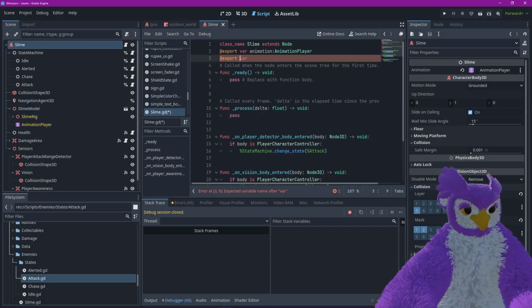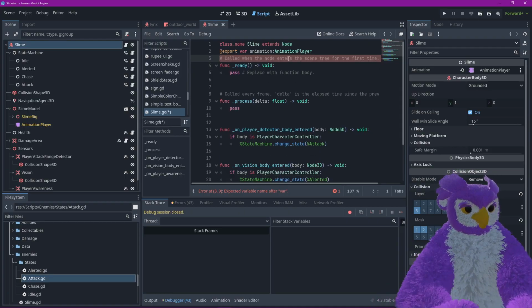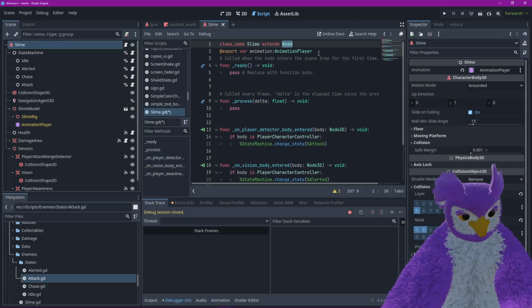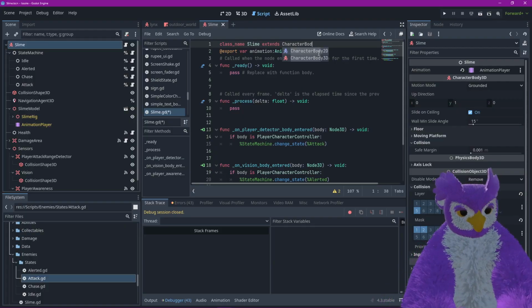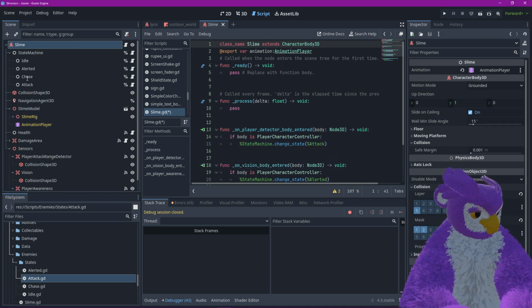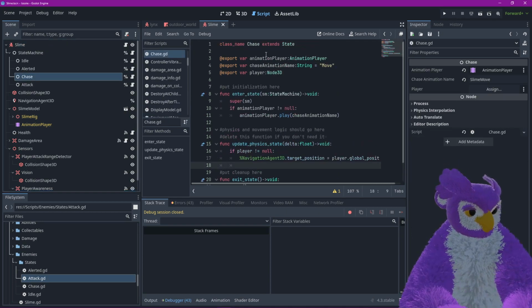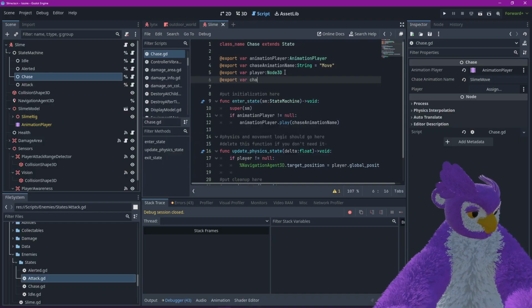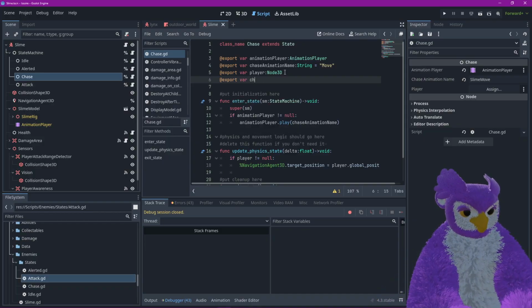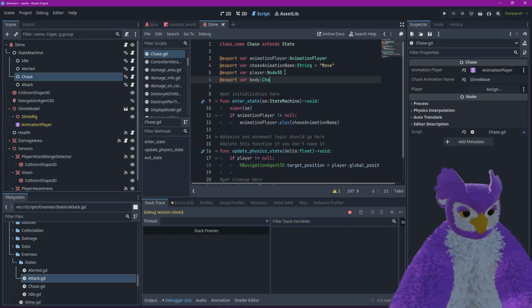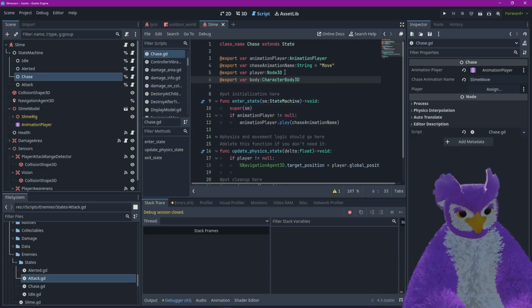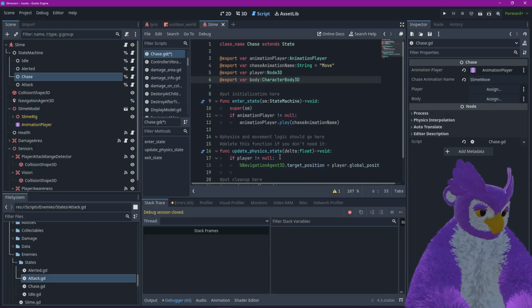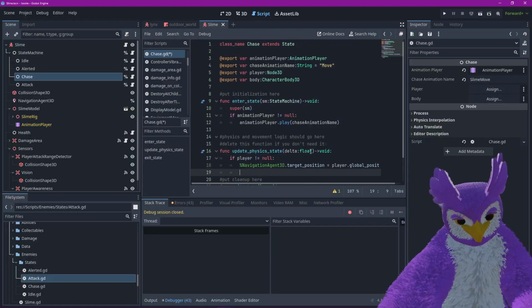Actually, now we want this in the chase script here. I'll just call it body. Character body 3D. And here we can say